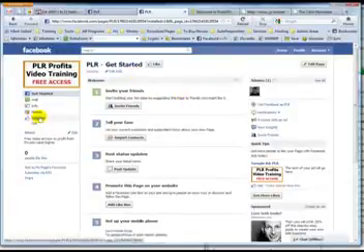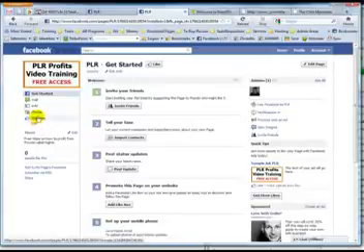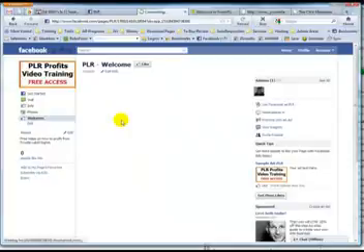Now we're going to edit, and this is why it's so cool, because you don't need WordPress, you don't need any plugins, you don't need any special software scripts to install on your site. You can virtually set up your fan page just using Facebook, and that's it. So we're going to click the edit,